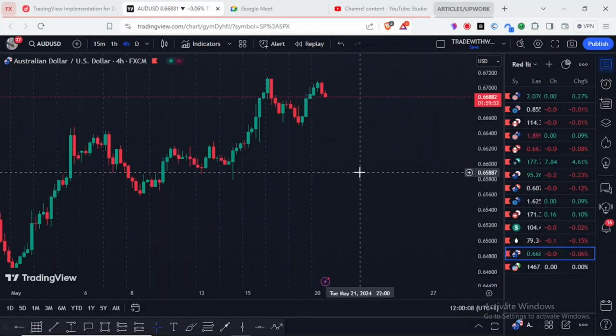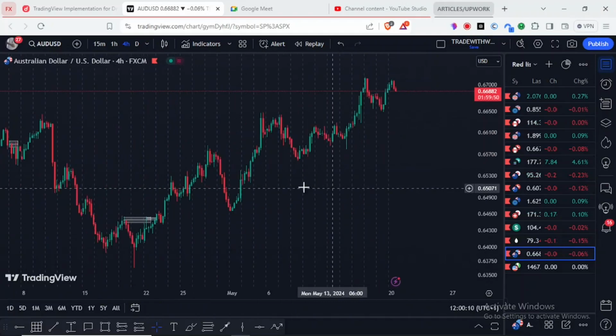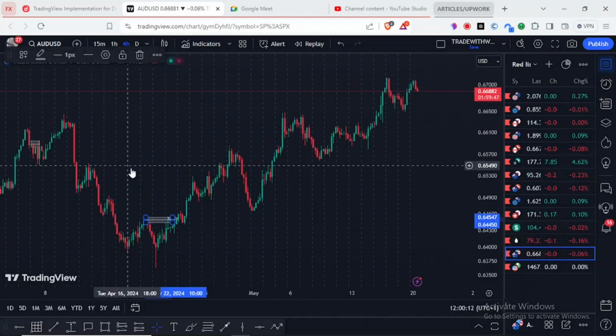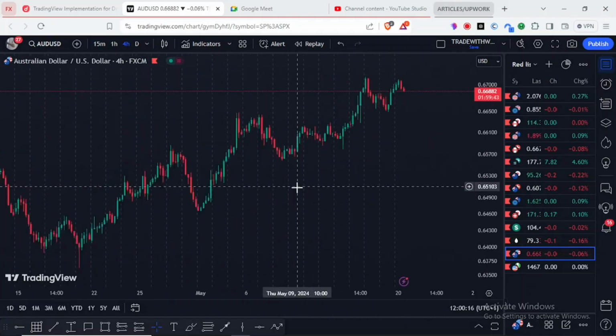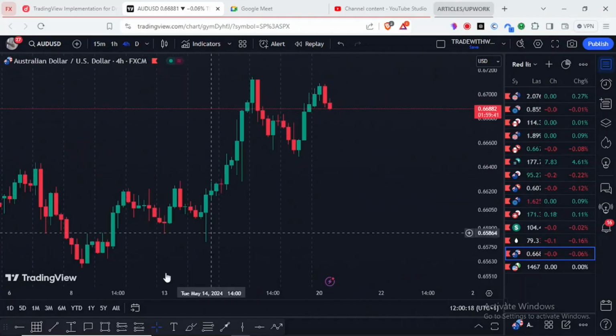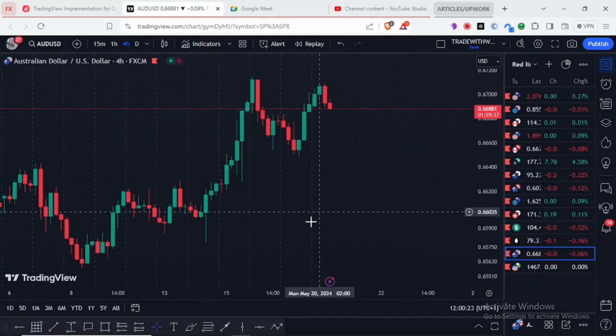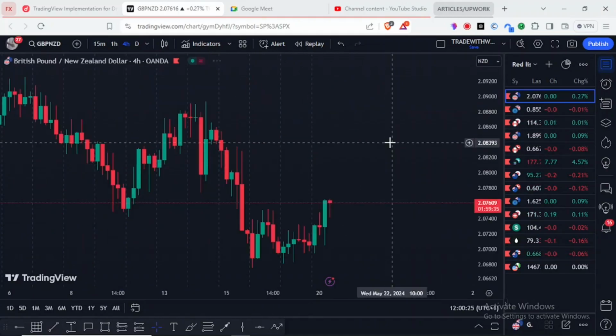And lastly, over here, I have AUD USD. It is very bullish right now. Very bullish right now. I'm not releasing anything here because if I draw out a demand zone, it's still far, right? So I don't want to draw anything, but at least I've given you